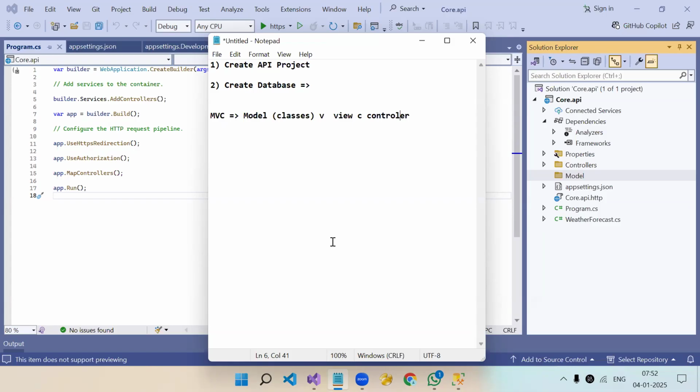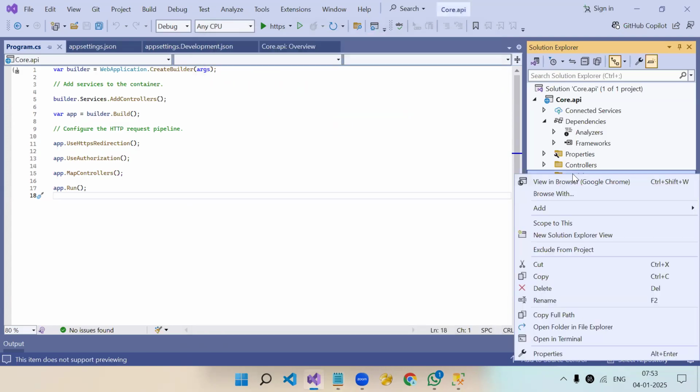Whenever you are learning any new thing for the first time, don't try to understand everything in the first go. First understand the overview, get used to that technology, then you can understand properly. Okay. So model. As I said, in the last session, if you recall, we had that DB